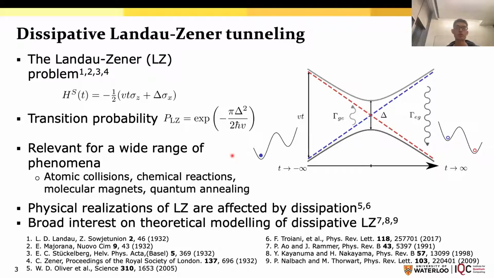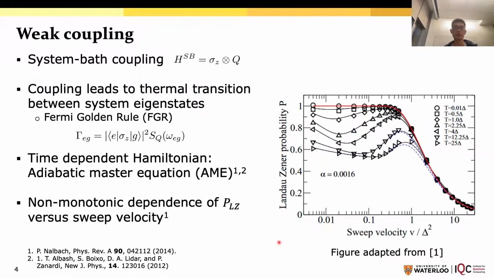And physical realizations of the Landau Zener problem are always going to be affected by coupling to the environment and dissipation. And there has been a lot of interest in theoretical modeling of the dissipative Landau Zener problem, for which I have given a few references here. So when we consider the effect of the environment